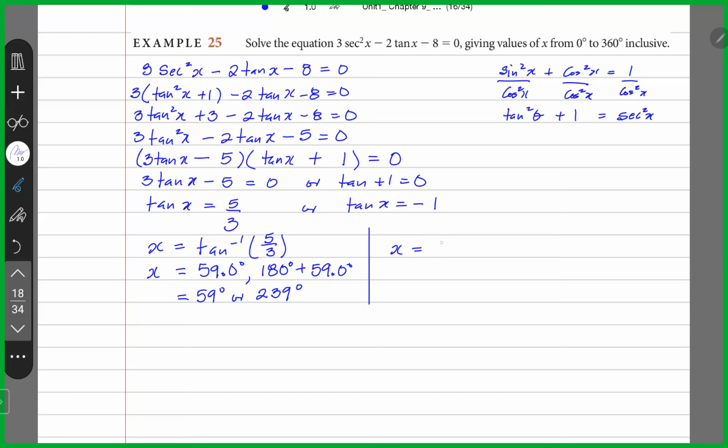Over here, we have x is equal to tan inverse minus 1. Now, tan is negative in the second quadrant and in the fourth quadrant. Tan inverse of 1 is 45 degrees. So my answer in the second quadrant is 180 minus 45 degrees. And my answer in the fourth quadrant is 360 minus 45 degrees. My answers are 135 degrees, or I should say and. It's not an or, actually, it's an and